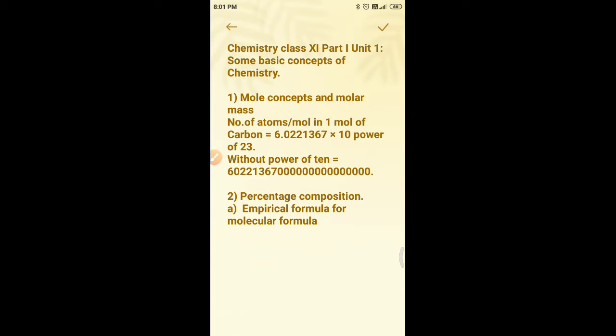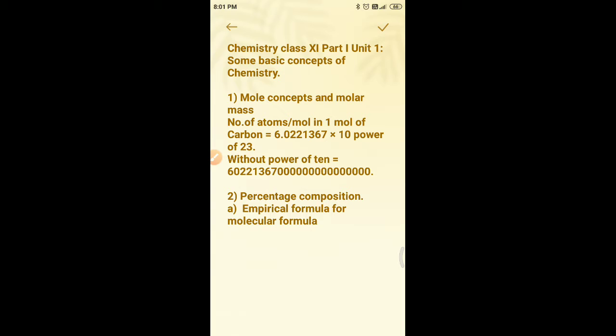If you have 12 items, then you can call it 1 dozen. If you have 20 materials, you can call it 1 score. And if you have 144 items, you will call it 1 gross. In the same way, we have to count atoms or molecules. So to express those things, in the SI system, the mole concept is introduced. One mole is symbolized mol. Mole is the seventh base quantity, the amount of a substance.